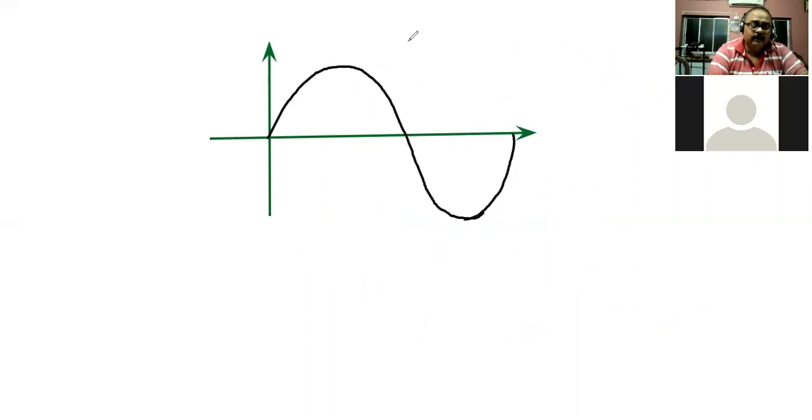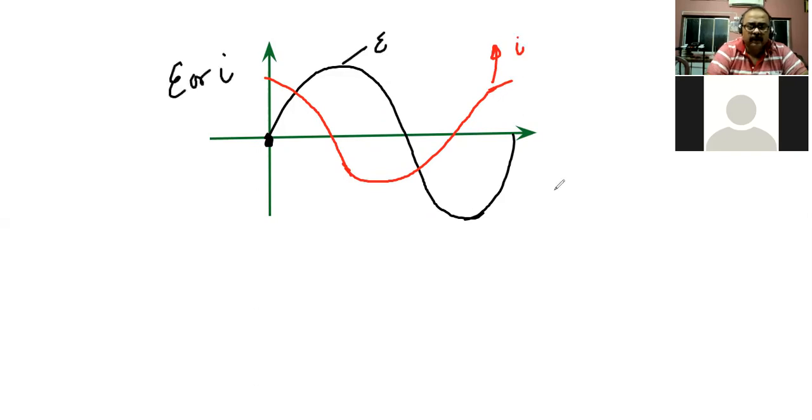So we have already seen when E is equal to 0, at that time I will already have some value. So if I want to draw that, it will be something like this. So this is the graph of this particular thing. So this is the current, and the black one is actually the EMF. So you are trying to draw the variation of E or I with respect to t. So this is the graphical representation of E and I with respect to time in the case of a circuit containing a pure capacitor. Now if I want to show the phasor diagram over here.